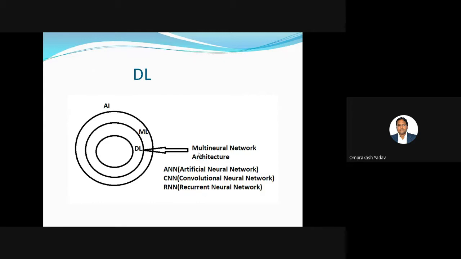Normally in the initial days we had neural networks of 1 or 2 layers, or let's say even 10 layers, because of the processing power. But now we have a lot of processing power, storage capacity, and speed, so we can design these deep learning models, right? A few problems were there in the initial days, and because of that deep learning never became popular, but in the last 20 years it has become so popular, because we now have that kind of processing power. So deep learning can be used for multi-neural network architecture.